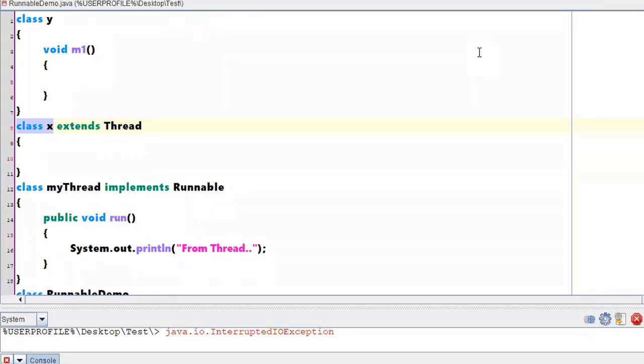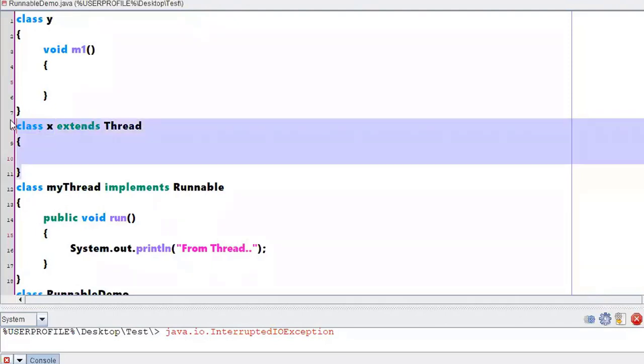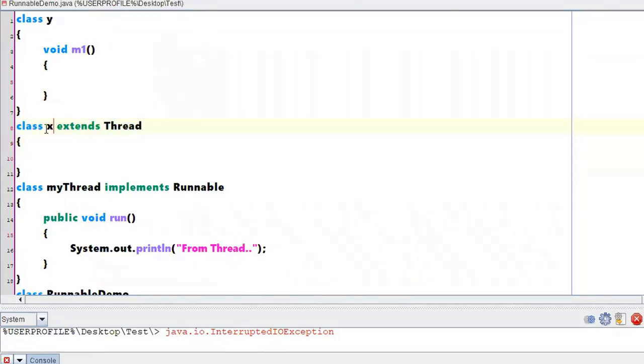Why is this scenario not possible? Because Java won't support multiple inheritance. So this class X cannot extend two classes at a time. I might have requirements where I need to extend two classes. So if this class needs to extend some other class along with the Thread class, then go with implementing Runnable.